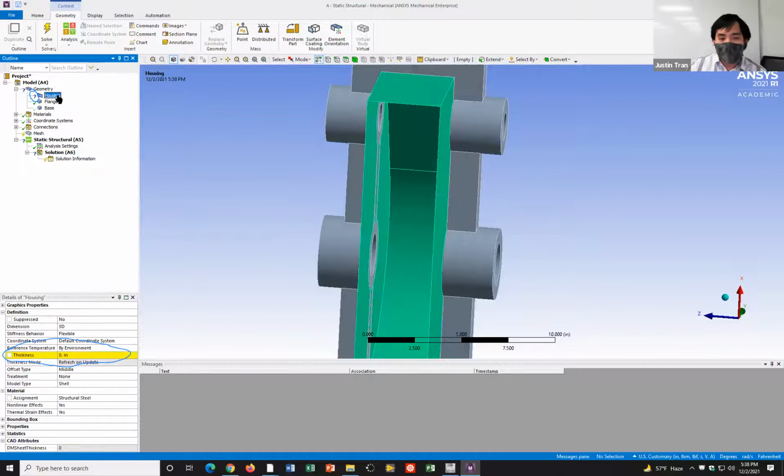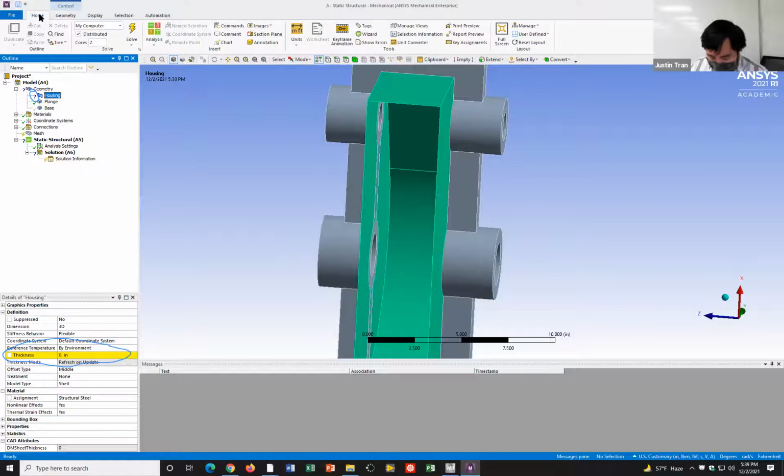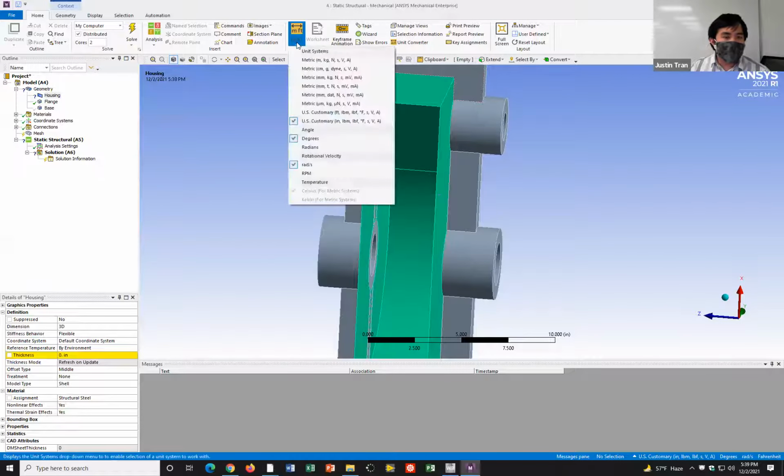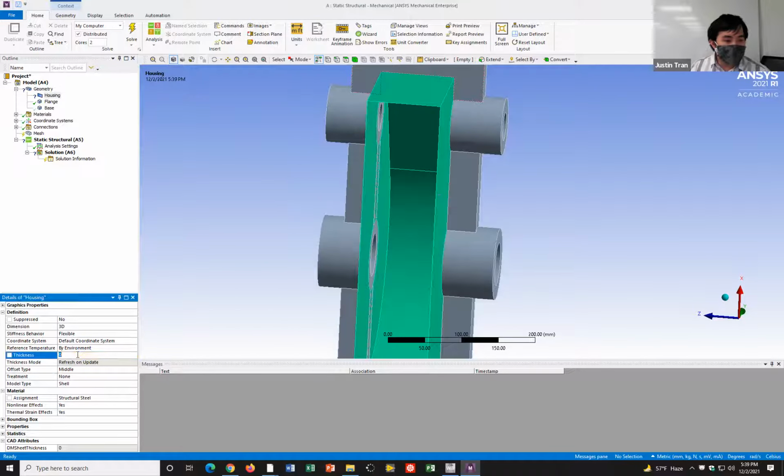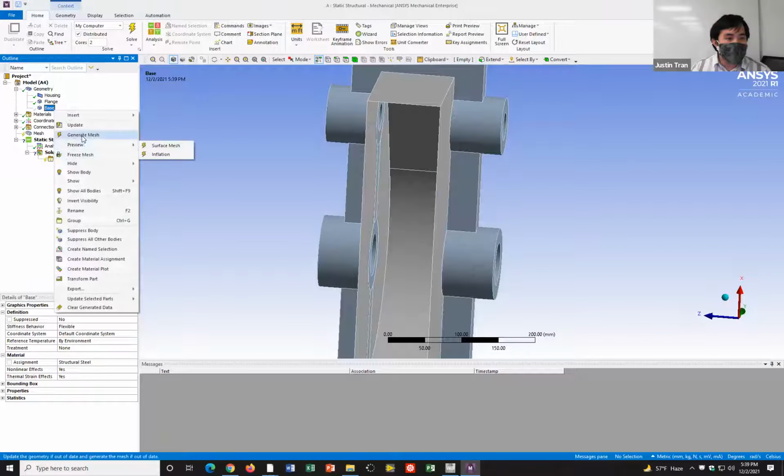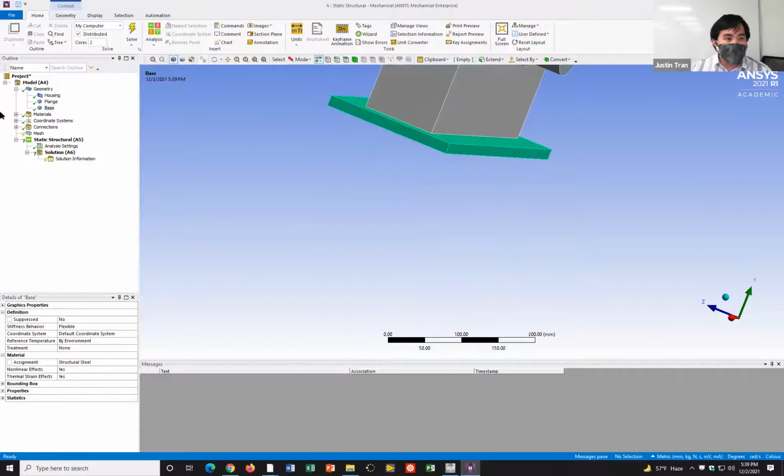Okay. And if you recall from activity 4, whenever we have a shell model like this, we have to assign a thickness to it, right? Because that thickness is what Ansys is going to assume when it does its calculations. For this particular model, you're going to need to change the units. Let me go ahead and eliminate the annotations here. We're going to change the units to millimeters. And the thickness we're going to set is 3 millimeters, right? So go ahead and specify the thickness of 3 for the housing. If you fit in, the base, you can show it again.